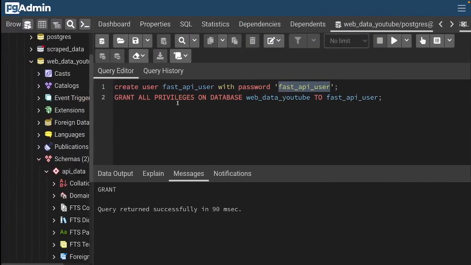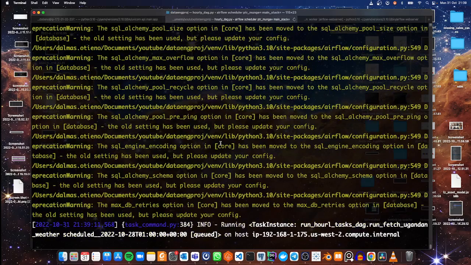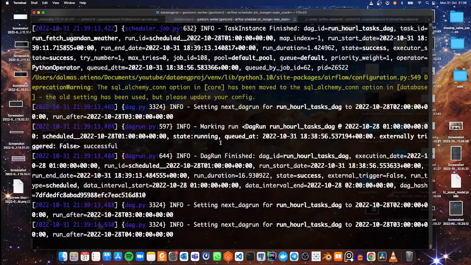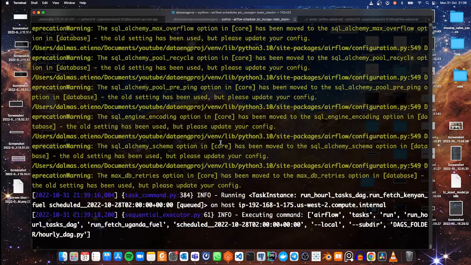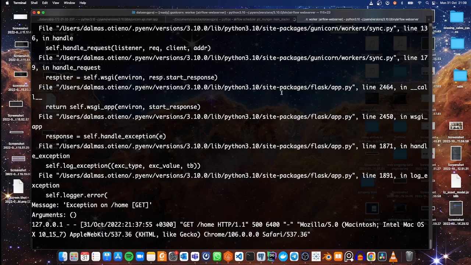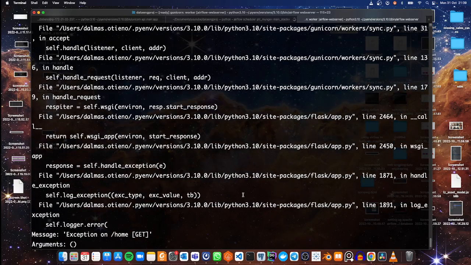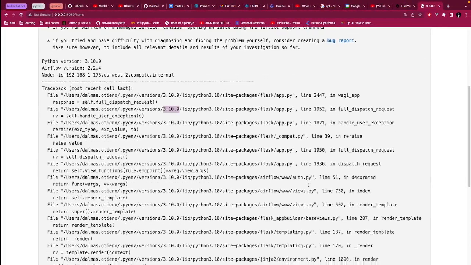Let me look at the scheduler. What's the scheduler saying? The scheduler seems to be running. I'm trying to read this traceback, but